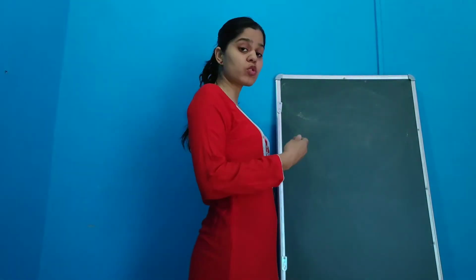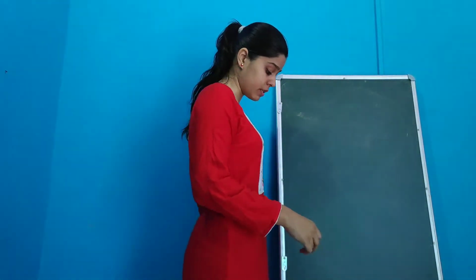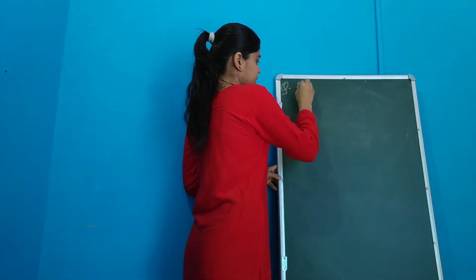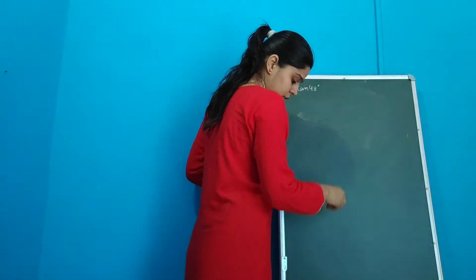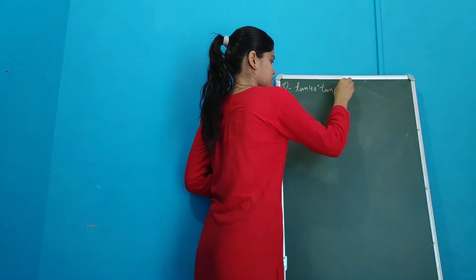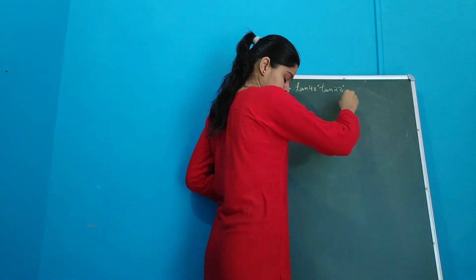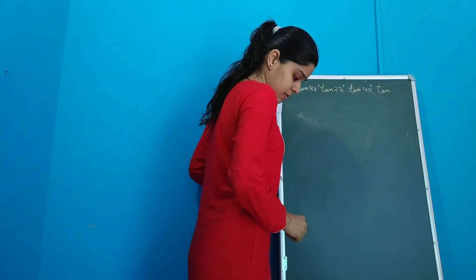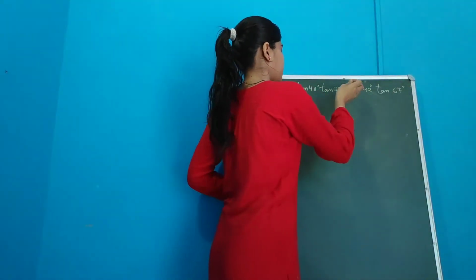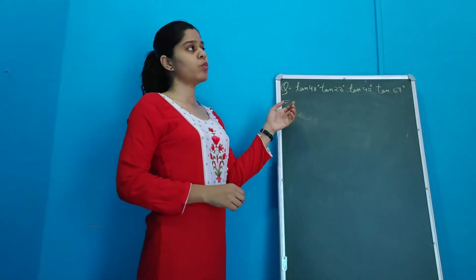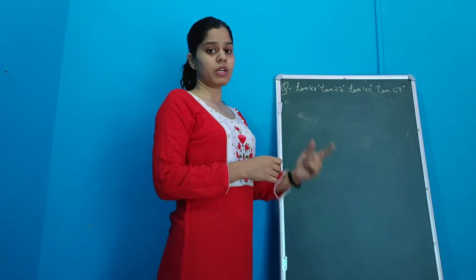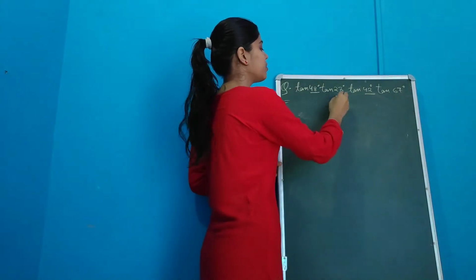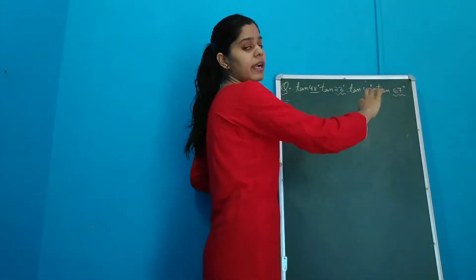Okay, so coming to the next question, question number 2, part number 1. What does it say? It says that we have to show that tangent 48 degrees, tangent 23 degrees, tangent 42 degrees, and tangent 67 degrees is equal to 1. So I have noted down the left hand side. First step, we will find out the pairs of numbers which add up to make 90. 48 and 42 add up to make 90, and then 23 and 67 add up to make 90.